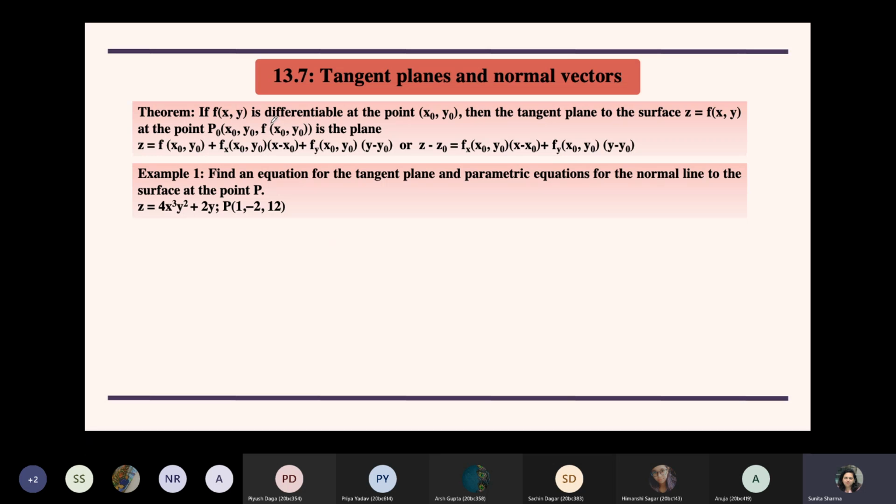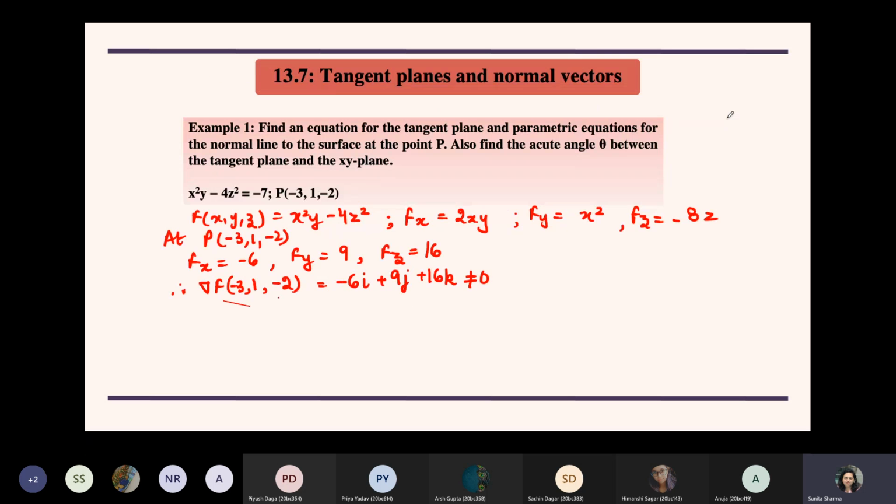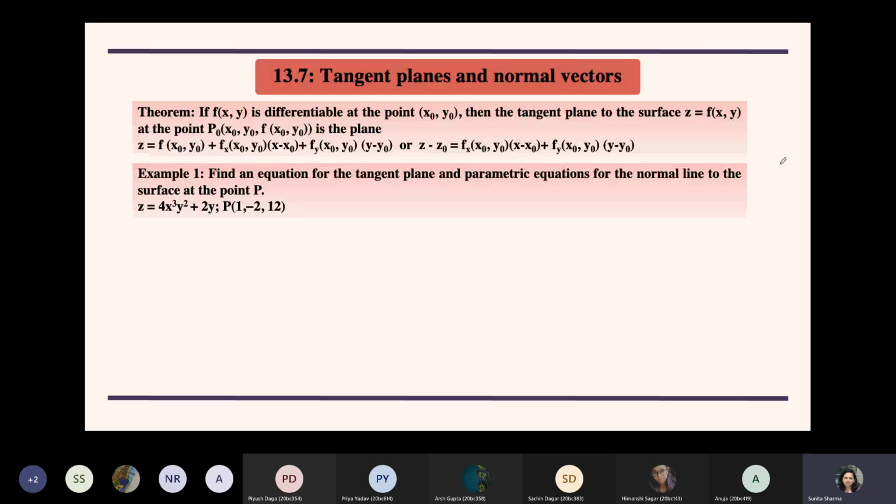You can just check the proof of the theorem. In case your surface is given by z is equal to f(x,y), that means you can explicitly write z in terms of x and y. In the previous format, which we just saw, z is not an explicit expression of x and y. It is an implicit one. So just in case we are able to get an explicit form for z, and that is some expression of x and y, then if the point is given to us, the equation of the plane can also be written in this manner.